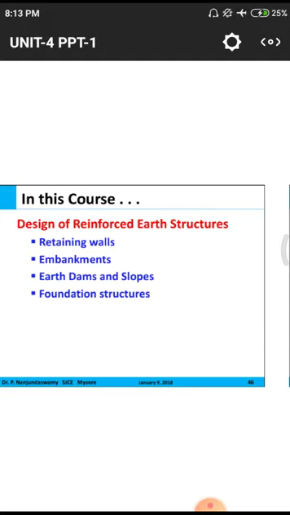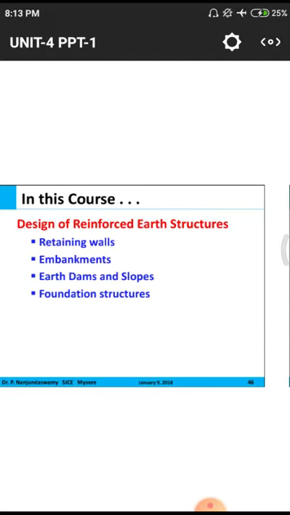Next one is the embankment. Normally, embankments we have to observe in transportation, that means transporting mediums. Those are also responsible to bear huge amounts of loads and transfer those loads to the soil structure. The third one is the earth dams and slopes. Normally, earth dams are responsible to bear huge amounts of water for future purposes. And next one is the slope. Normally, in some cases we have to utilize the slope conditions for different purposes like water bearing or any other